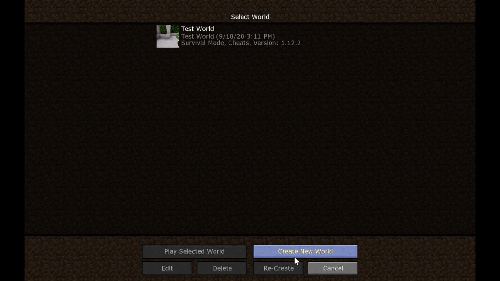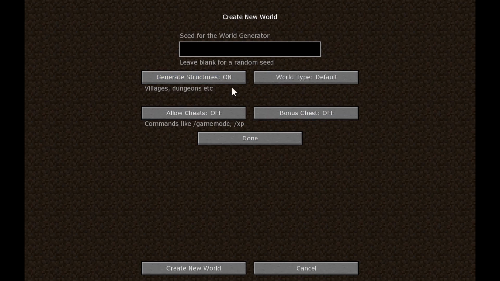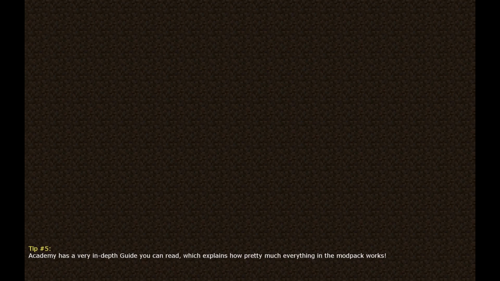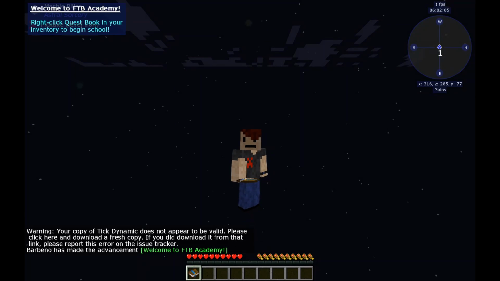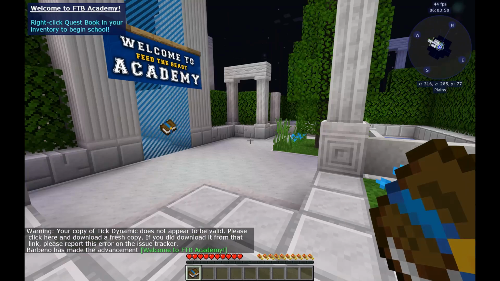Okay, let's start off by creating a new world. And in these settings, I'm just going to leave all of them on default. Yeah, I'll make it a random seed, but if I don't like the world, I might just get rid of it and do a new one. Okay,